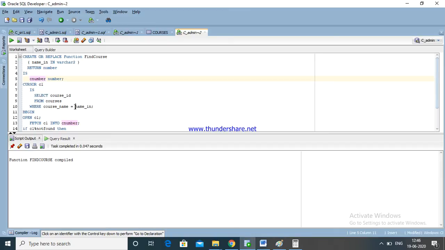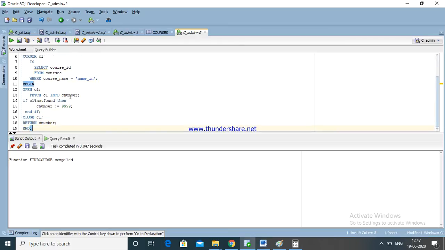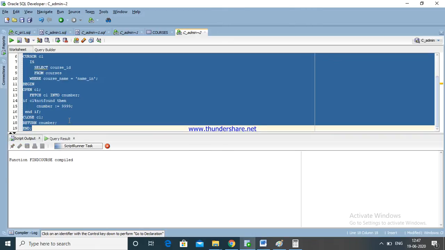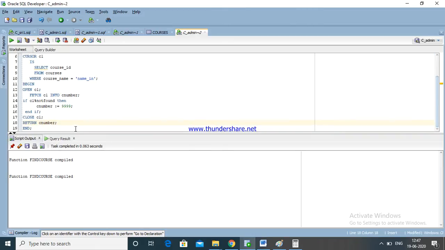This is my cursor. My cursor variable has a SQL query. This cursor is a statement. This is the SQL query. Here not found, we are assigning. If found, return number. Just going to enter. See here, the function is compiled successfully this way.